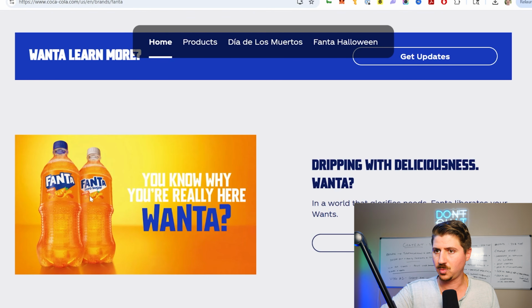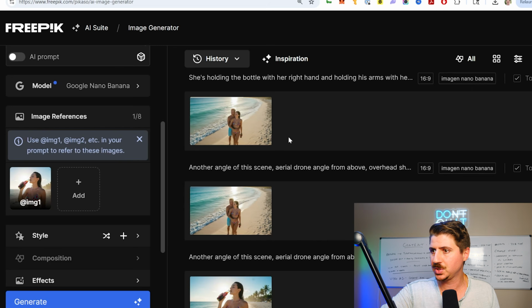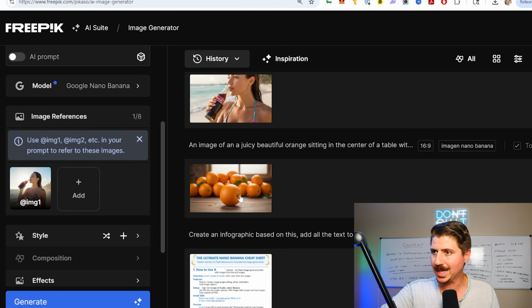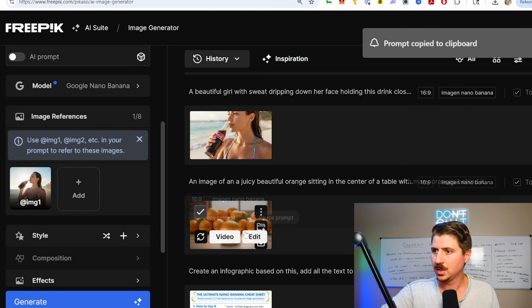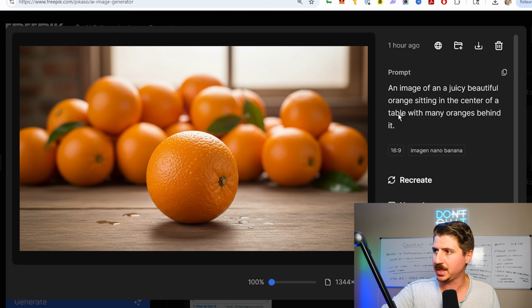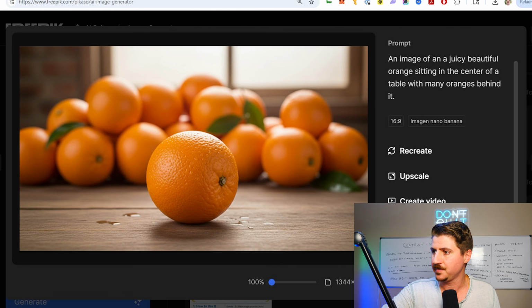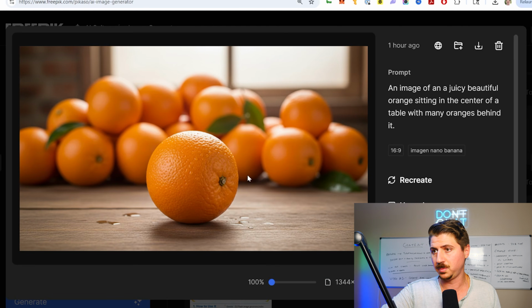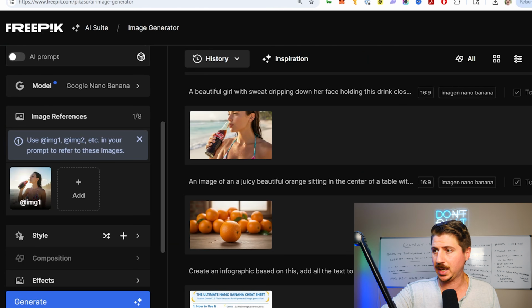You know why you're really here, want a Fanta, right? I came over to FreePick and I asked it to generate me in Nano Banana. I said, generate an image of a juicy, beautiful orange sitting in the center of a table with many oranges behind it. So it generated this really cool image of an orange, right? Juicy orange. I asked for a 16 by 9. I then took this, came to Hailuo,